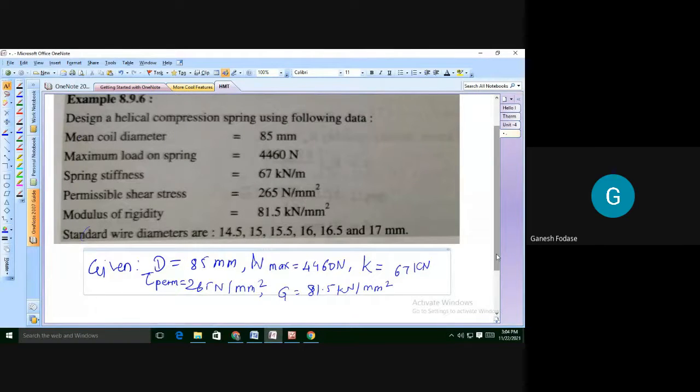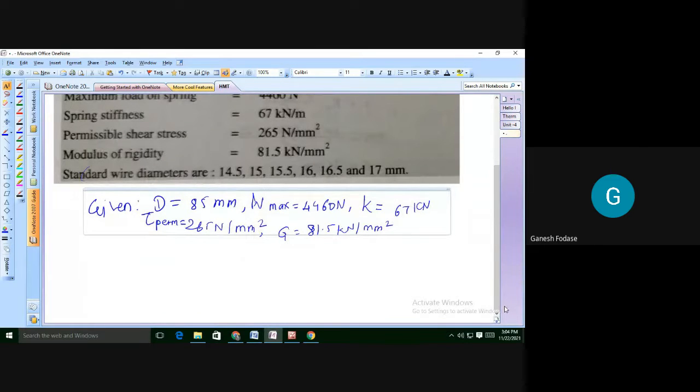Next, what to find out? We need to design a spring. We've seen different formulas for designing a spring based on strength consideration and based on stiffness consideration. Let's use the formula of strength consideration. What is that formula? So in solution, we know the basic formula, and remember here, as stiffness is not given, you have to assume that stiffness in the problem. So the first formula you are going to use, step number 1, is tau permissible is equal to, can anyone tell me the formula?